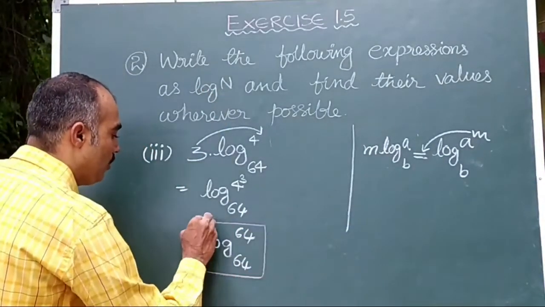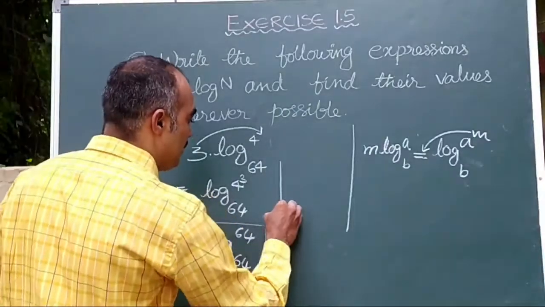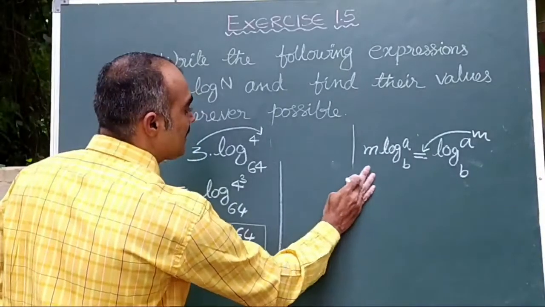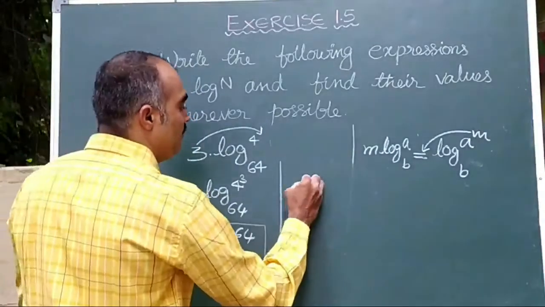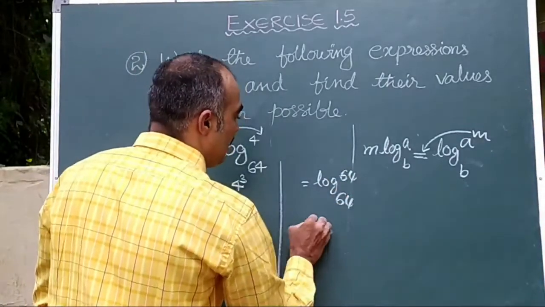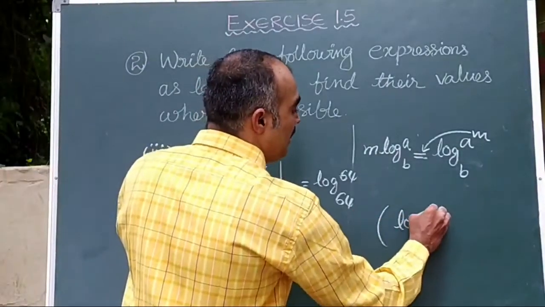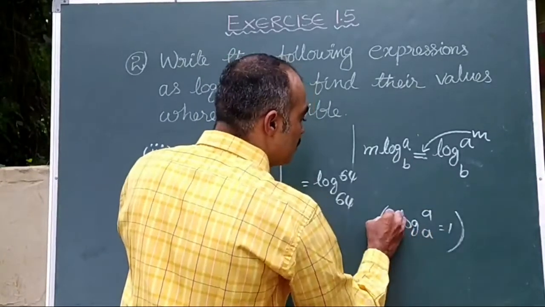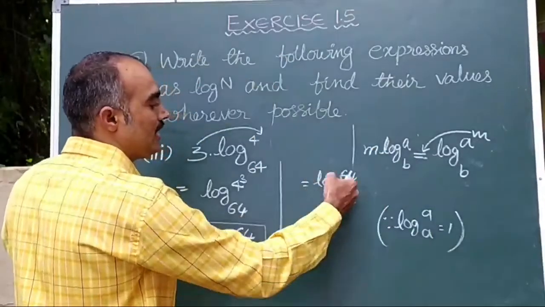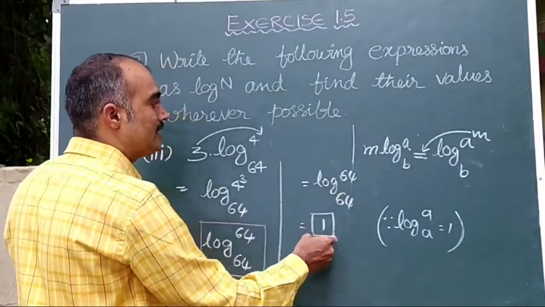First part over. Now if you go to the second part, let us continue here only. The second part of the problem is, if possible, we should find the value of log 64 base 64. It is very easy. We have a formula, children, that log a base a is always 1. Based on that formula, we can write log 64 base 64 also as 1. This is the second answer for the same problem.